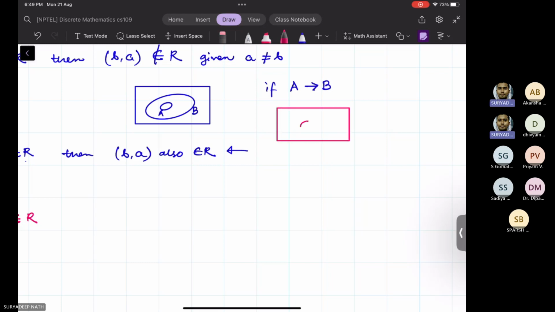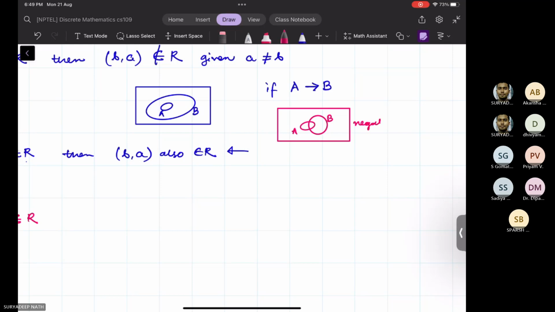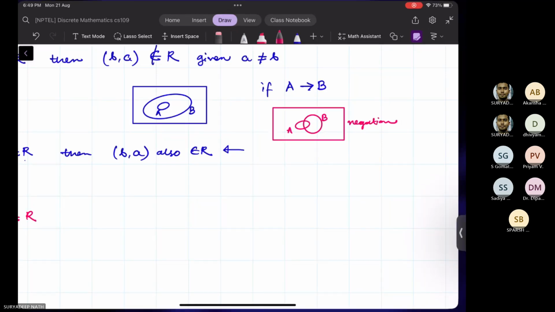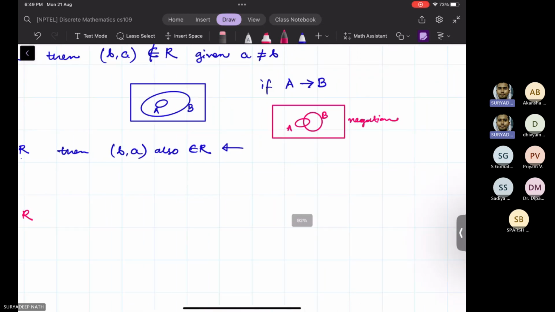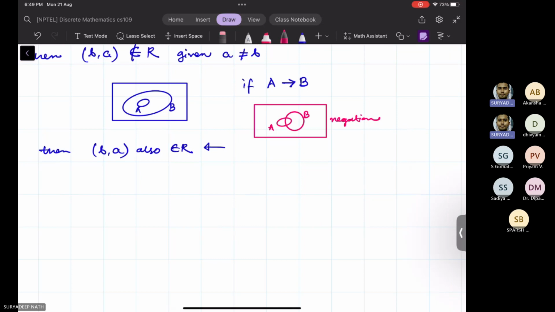So what it means is that when A is true, B may or may not be true. This is the actual negation of the statement. The first one says that if A is true, then B is always true. But the negation is actually that if A is true, then B may or may not be true as well. So if you look closely, if you expand this implication,